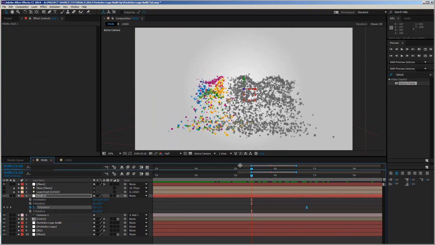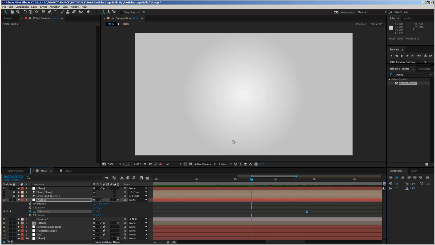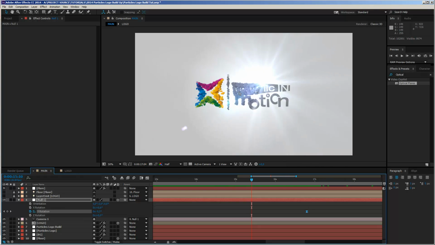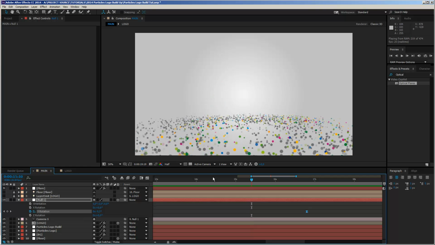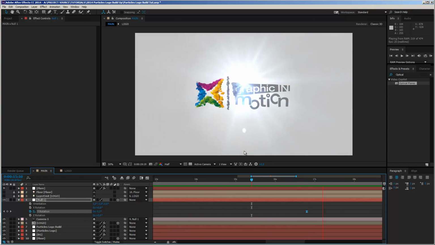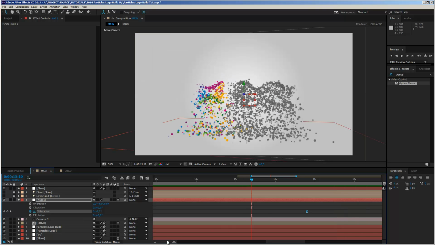Okay, so I think that this is it with this tutorial. I will not show you the dispersion of the logo, so I think that you are really able to do this on your own because the tutorial is already pretty long. So let's take a look what we have, our final result. Particles are coming together, rotating, and our logo is revealed. Of course, you see that you can play around with timing. It's not perfect, but well, you have a little bit more time to figure out the right timing and create a nice smooth rotation animation.